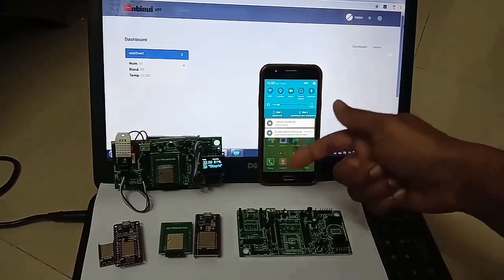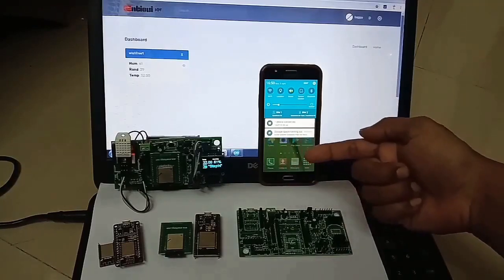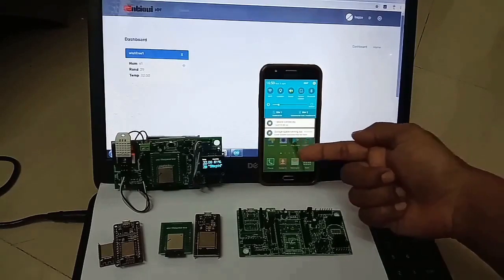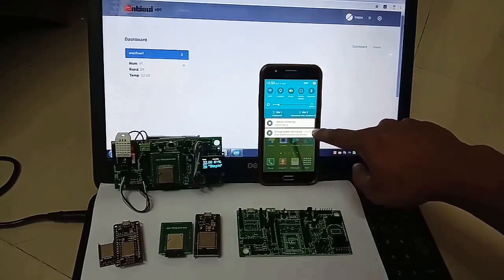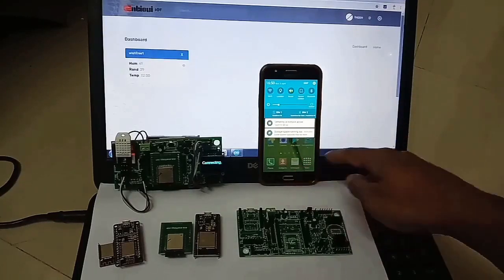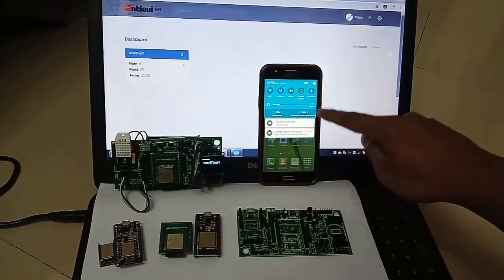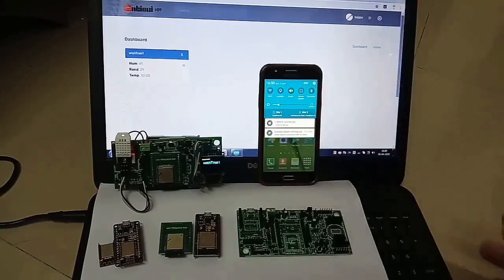Okay, so if you see, this device is going to sleep every 15 seconds and then wake up, collect the temperature and humidity, connect to my mobile phone. Okay, you see here one device connected and this is now gone. So once it is sent, this device goes to sleep, and now it is connecting. You see, again it will connect. So this is the hotspot. It's connecting every 15 seconds.